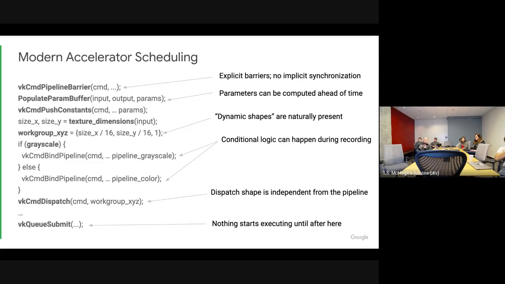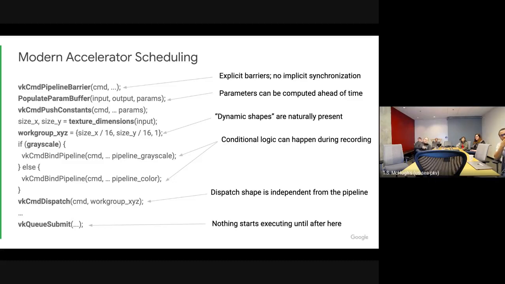You can think about the shapes that you're working with separately from the actual execution, which means you can perform allocations and layout planning ahead of time when you're recording command buffers, as opposed to needing to do it in the actual execution. There are also a lot of cases where the things you're deciding to execute are based on constants or parameters to the model that are known at startup time.